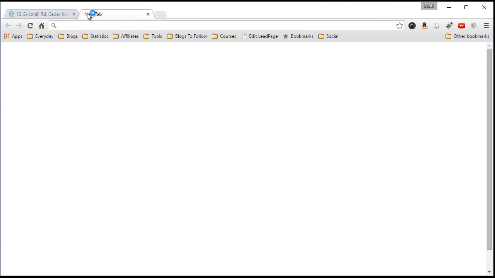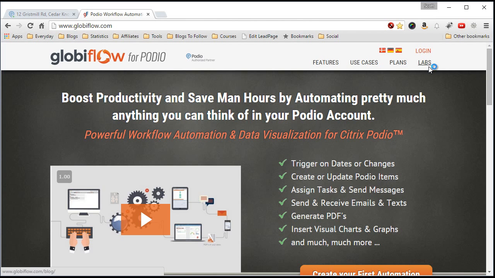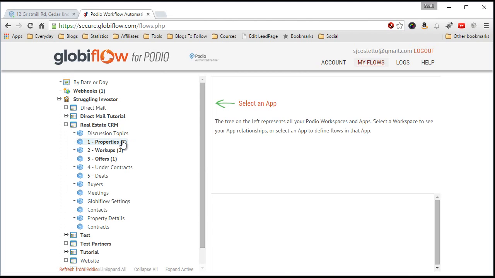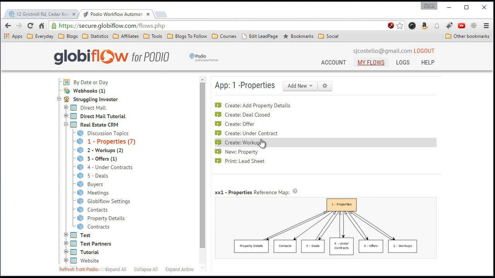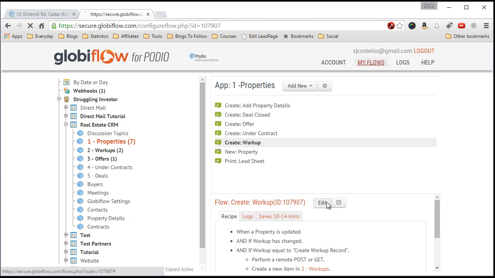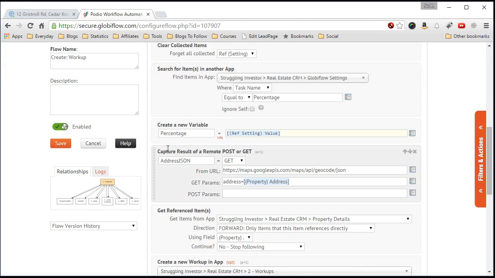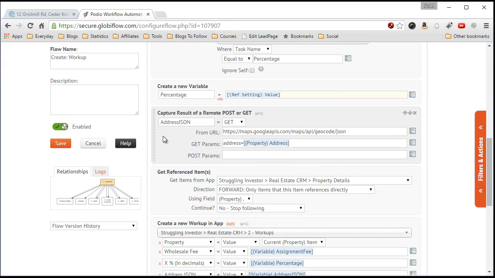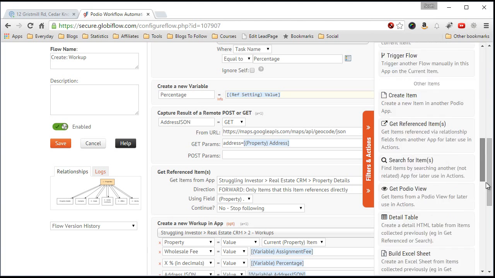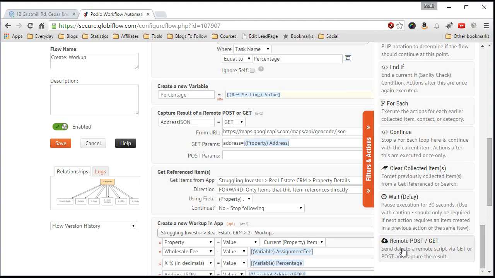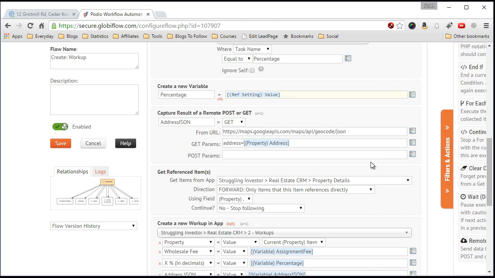So I create a GlobiFlow that is triggered off of the creation of that record. So Workup edit. And then I use a capture result of a remote post or get. So in GlobiFlow, that would be all the way at the bottom, this remote post get action. And then